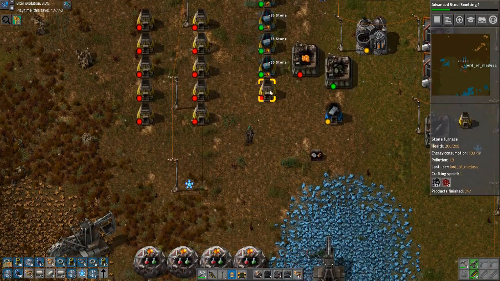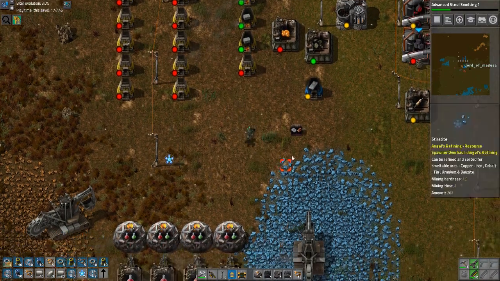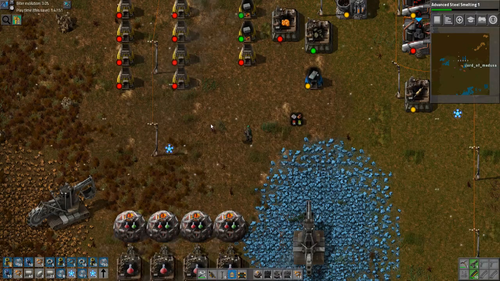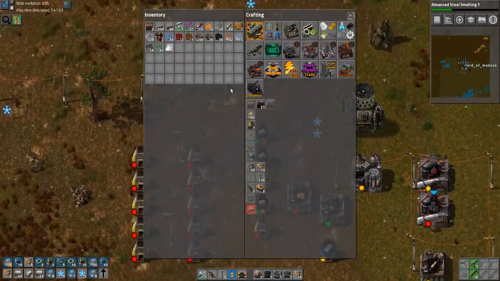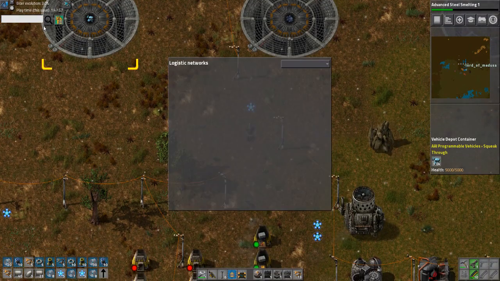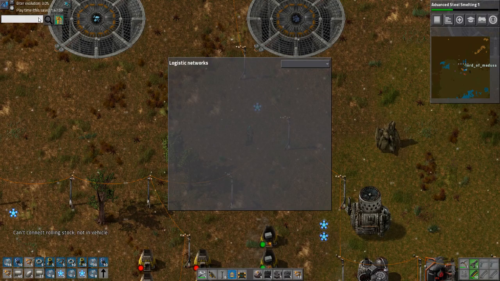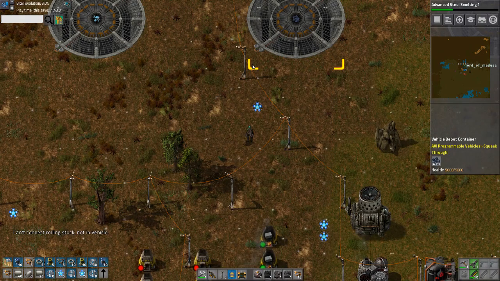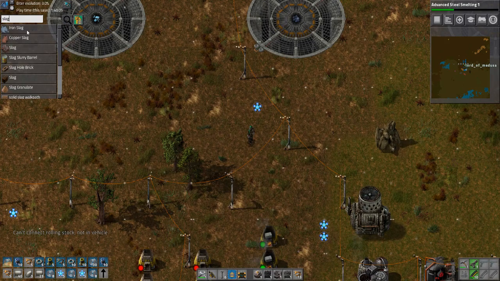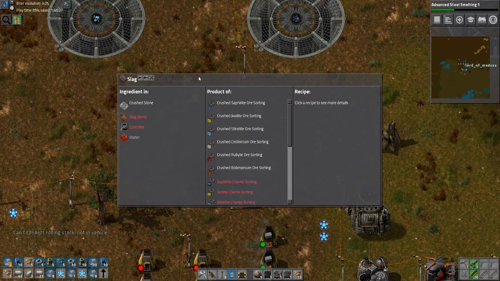Get all those into bricks. Some crap in that. I don't need all of this. Oh, slag. I might be able to find a use for slag, I think. But slag does have various uses. Slag can be made in, let's see,